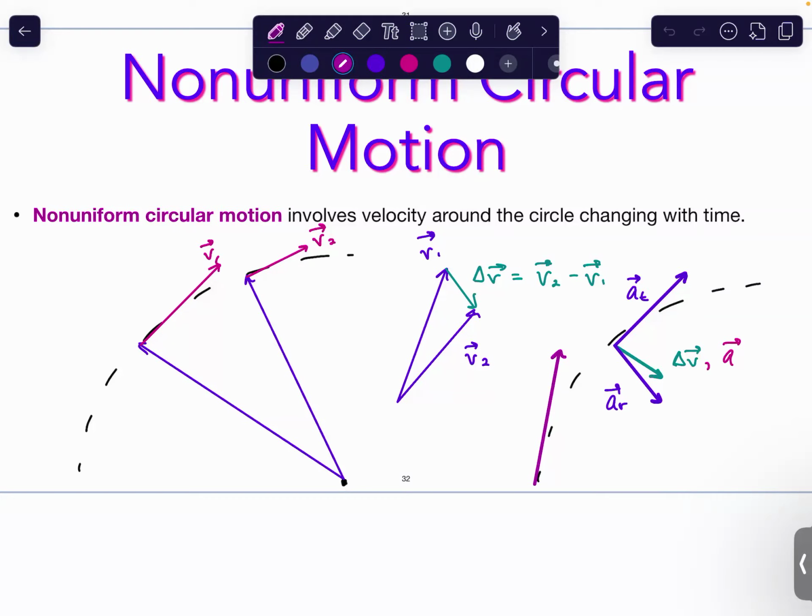All right, so we were talking about a new form of acceleration based off the non-uniform circular motion. And you notice that we have these two components for this acceleration, which are your tangential acceleration and your radial acceleration. So to kind of finish up this idea,